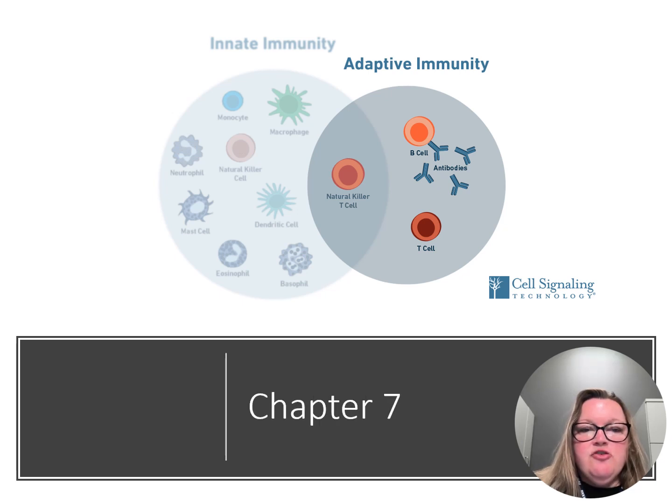So in the last lecture, we talked about the first and second lines of defense, innate immunity and inflammation. Chapter 7 actually focuses on adaptive immunity, the third line of defense. We talked about it in the beginning as acquired or specific. It comes through slower and it has a very specific process. It has particular invaders and diseased tissues that it targets,